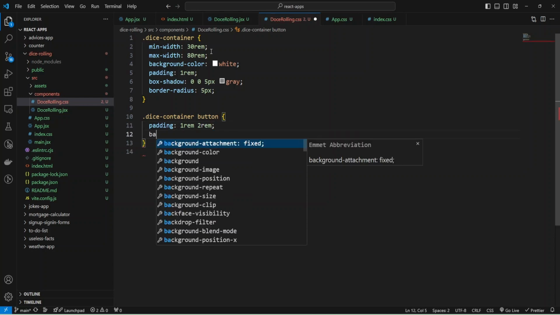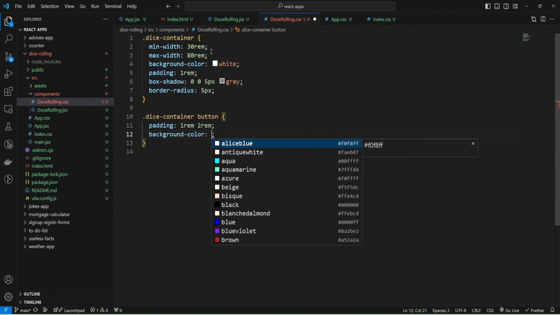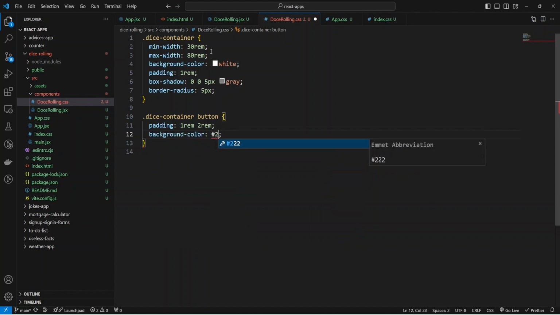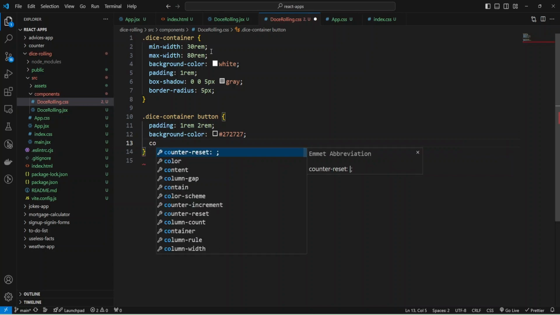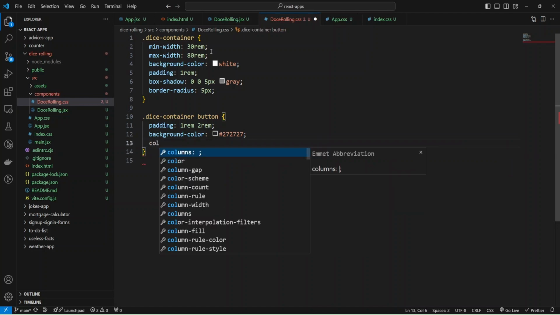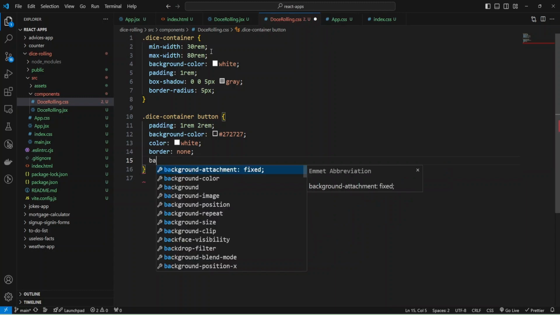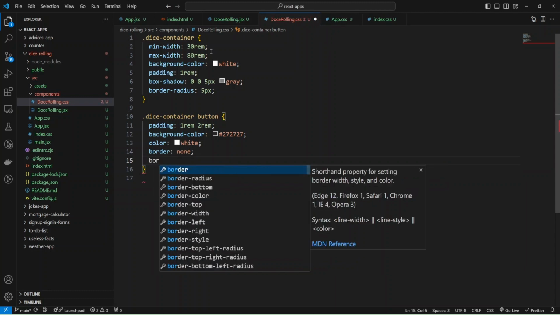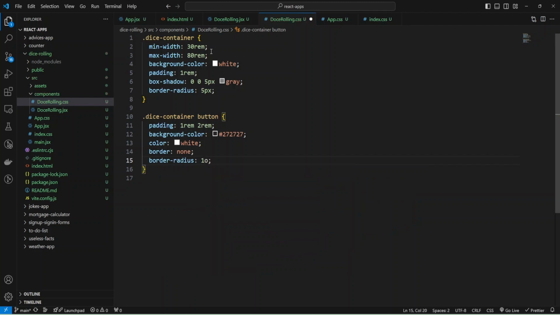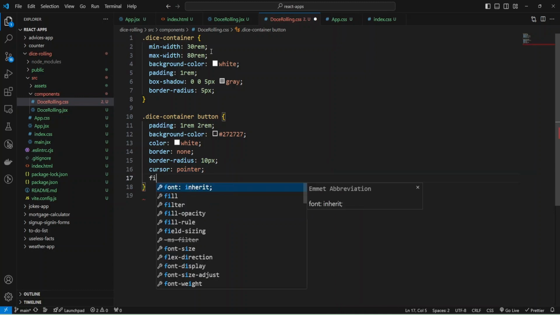Okay, and we can add some background color, probably like black or something like that, a hex color, and for text we can add the color white, and also border will be none, and we can add border radius like 10 pixels, and also cursor pointer, and increase the font size.